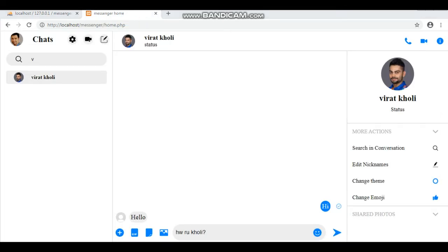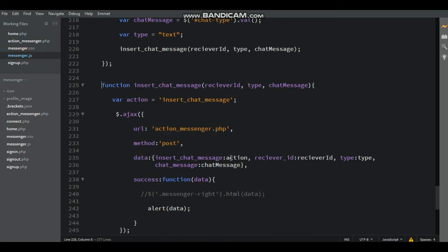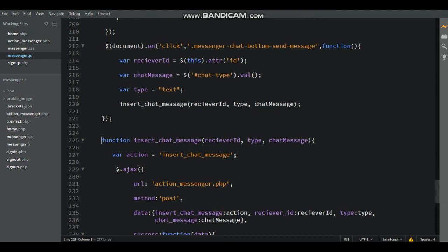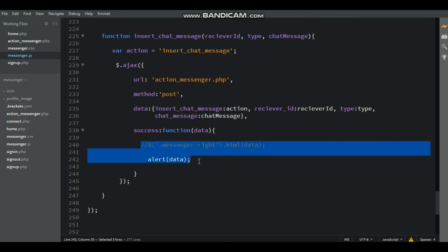Now go to the text editor, messenger.js file. Here just copy the chat type dot value. Here inside the chat type value, just remove the alert.